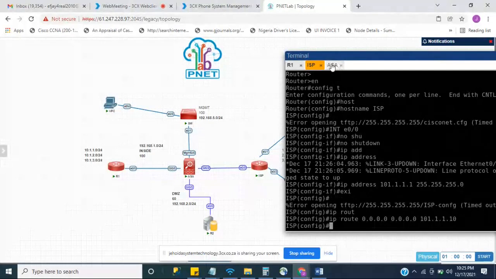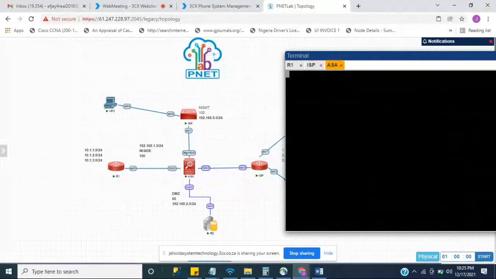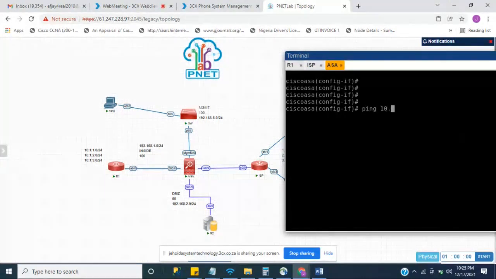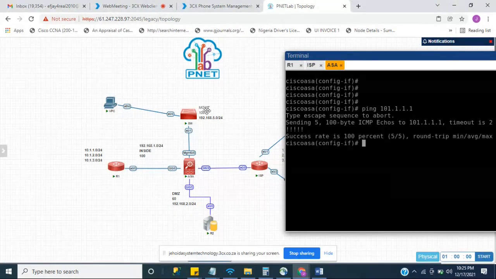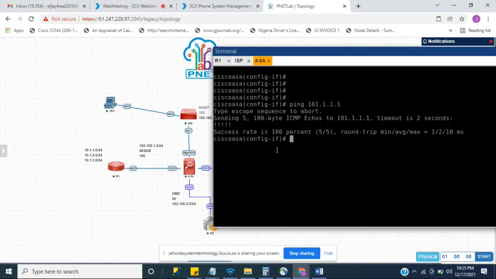IP route 0.0.0.0 0.0.0.0 101.1.1.10. Okay, so if we come back to this ASA to confirm reachability,